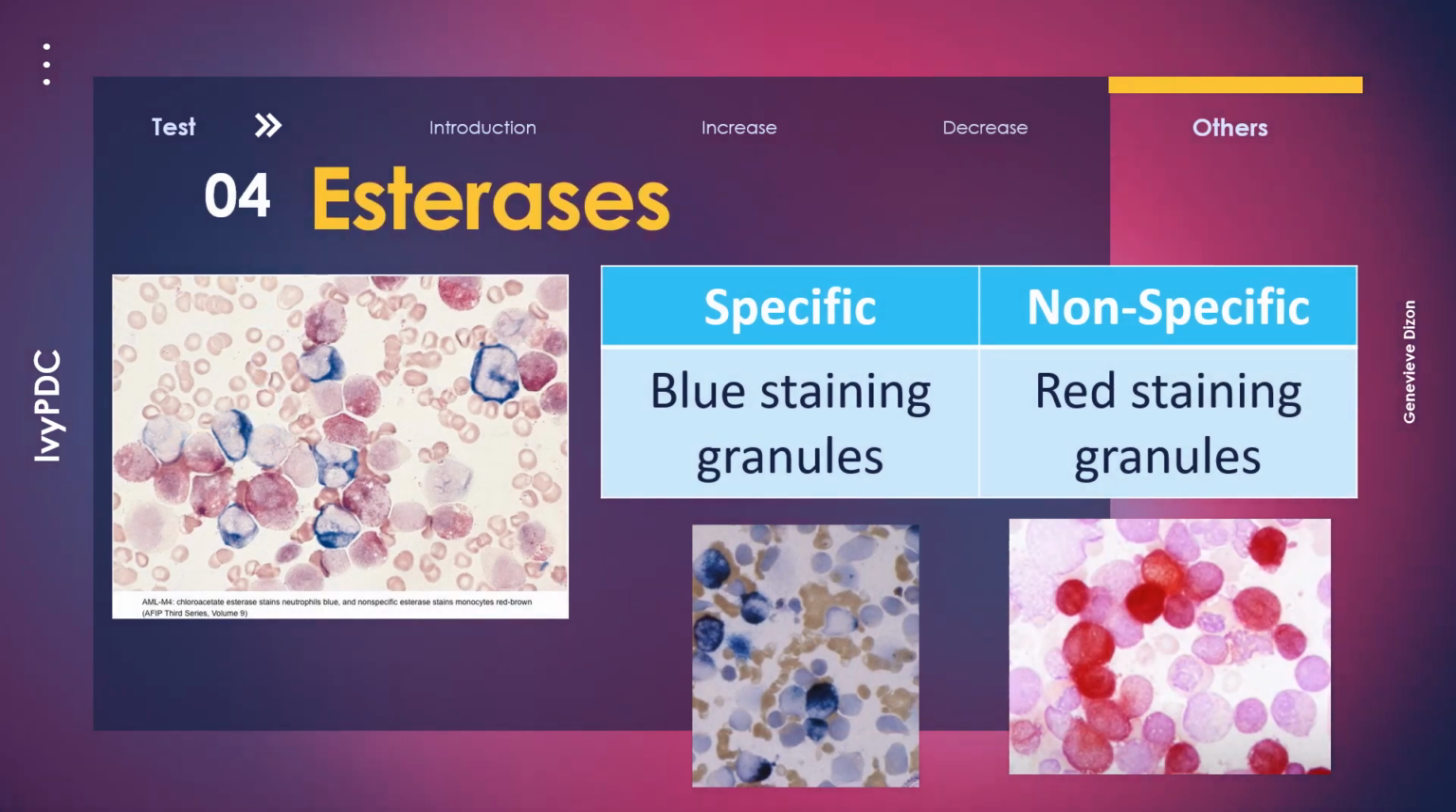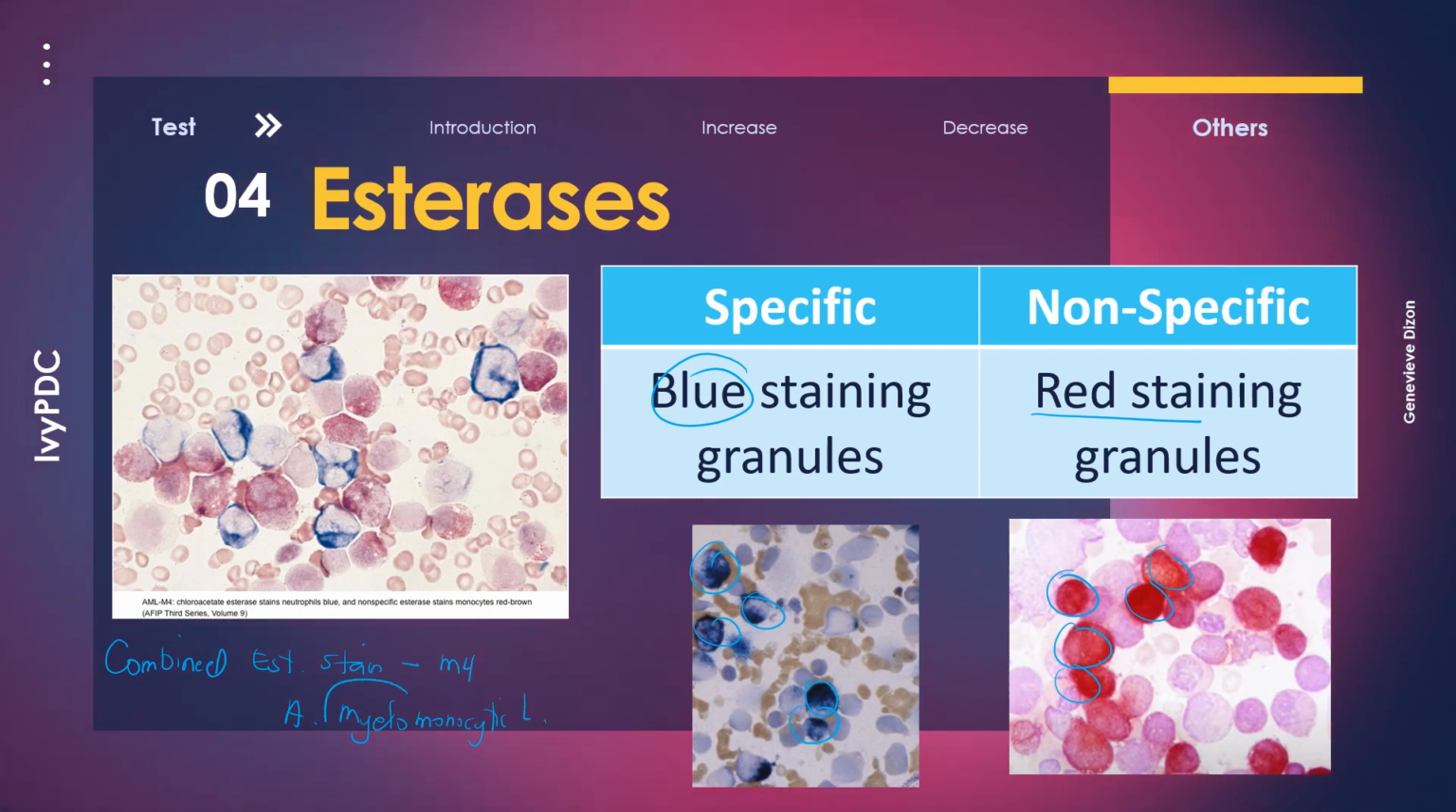The chloroacetate esterase activity will show up as blue staining granules in the cells as seen in this picture, while the nonspecific esterase activity would be indicated by the presence of dark red staining granules in the cytoplasm of the cell. A technique where both esterases are used in the smear is known as the combined esterase stain, which is useful in the identification of M4, and M4 is acute myelomonocytic